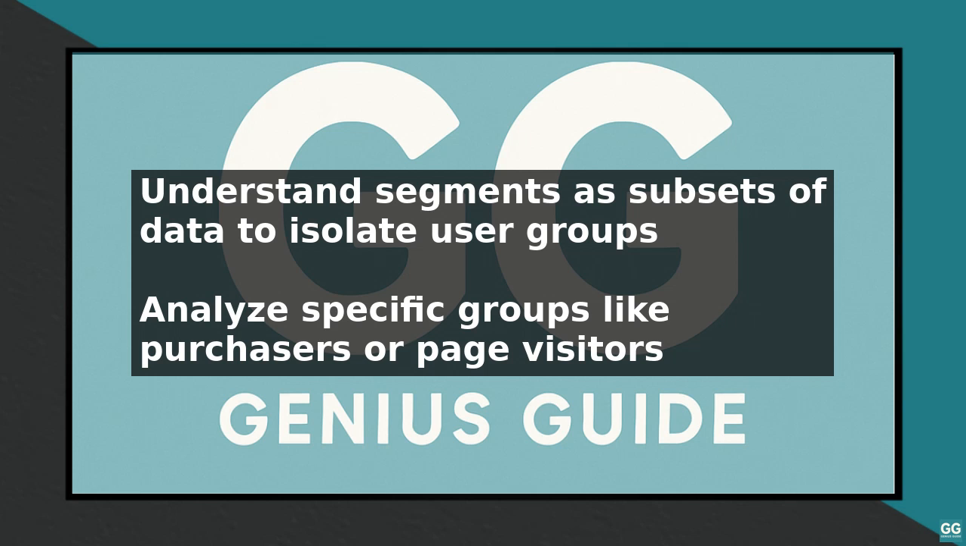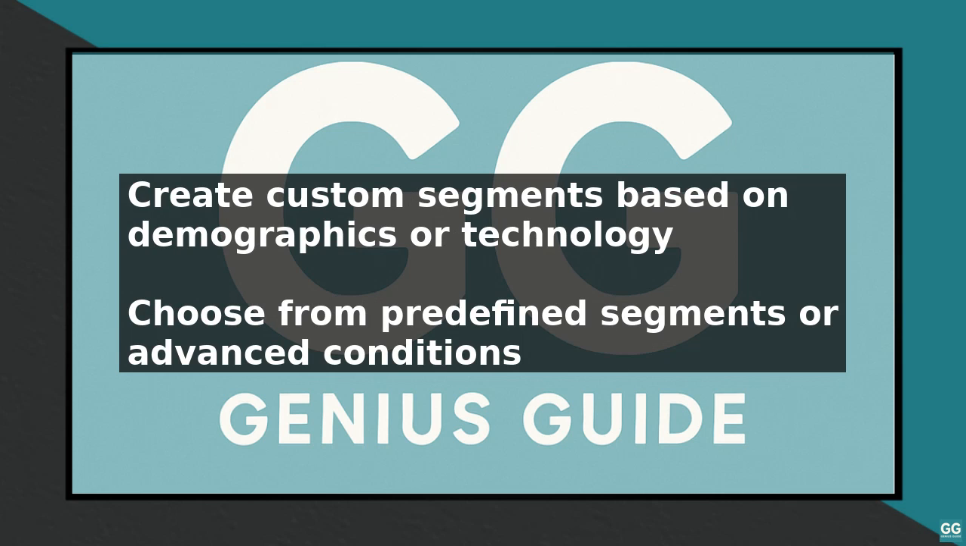First, log into your Google Analytics account and navigate to the Reports section. Click on the plus sign next to the Reports tab to create a new segment. Choose from a list of predefined segments or create a custom segment based on specific criteria, such as demographics, behavior, or technology. To create a custom segment, select the conditions that define your segment, such as country, language, or browser